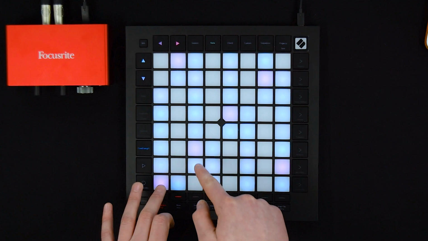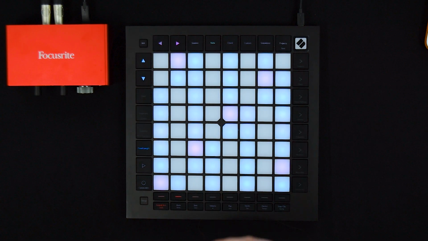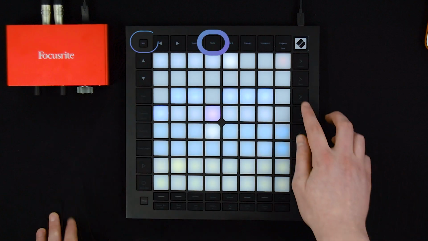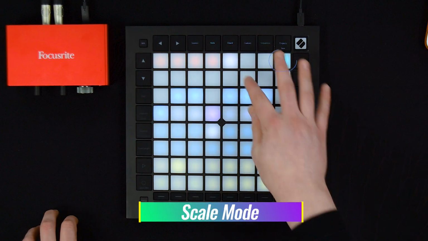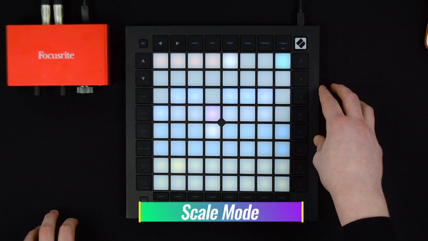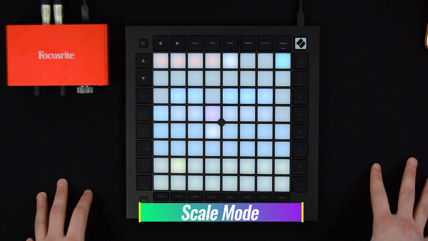And so we can know here that by playing just the blue notes, we'll be playing inside of our selected scale. I'll show you how to select that scale shortly. Of course, each of the purple notes represents the root note going up an octave each time. The second view mode is scale mode, which you activate by simply shift and note to access the note settings